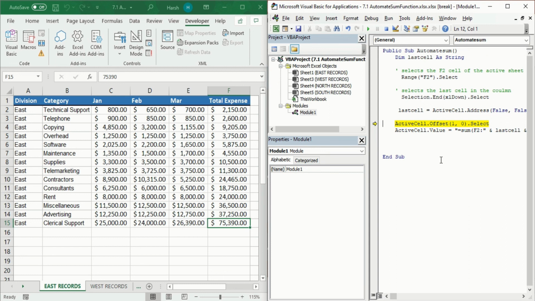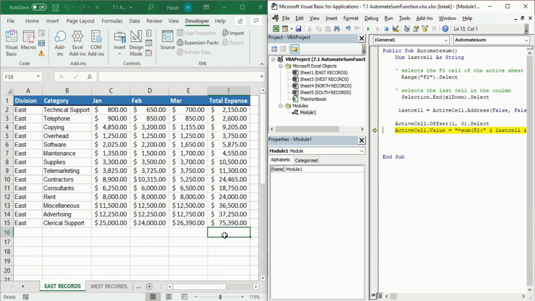Now again I press F8. That means we want our answer just below this. That means the active cell offset is where we will write our answer. We are writing just below the last cell, which we have selected through the selection end process.